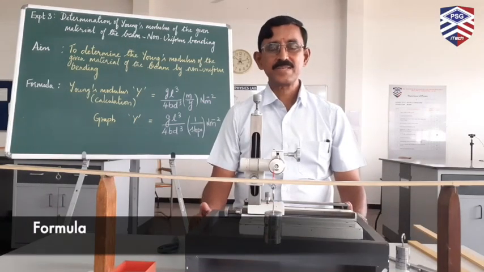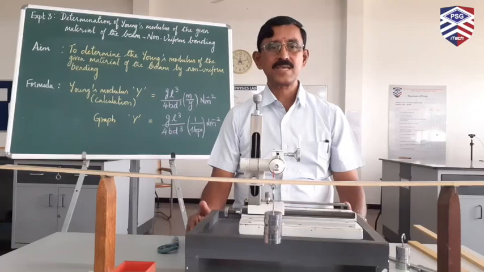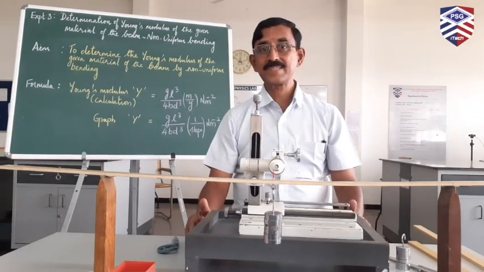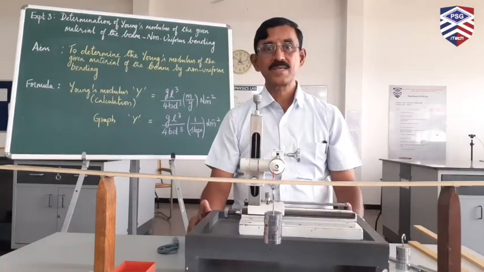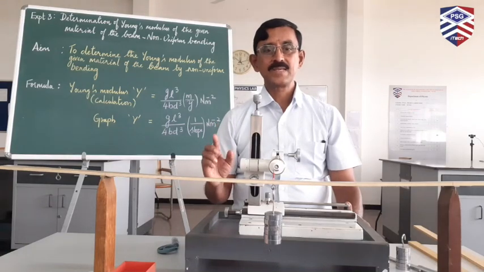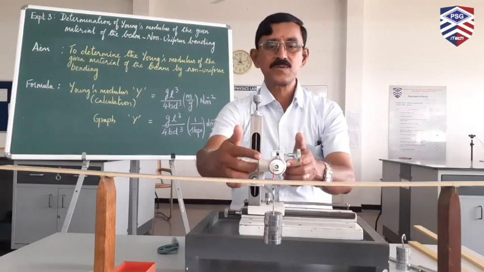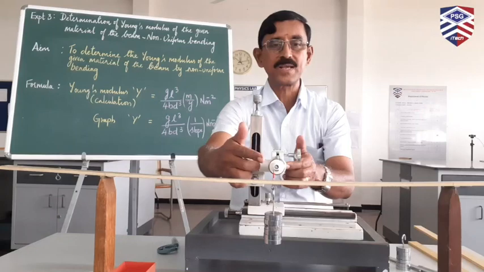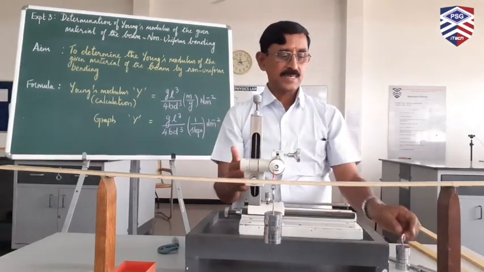In the present experiment, the Young's modulus of the wooden scale subjected to non-uniform bending, as you observe here, is determined by the formula: Young's modulus Y equals mgl cubed by 4bd cubed y, where capital Y is the Young's modulus of the material of the beam and small y is the depression which we observe using the traveling microscope, having a pin at the center and focusing it while loading and unloading. And